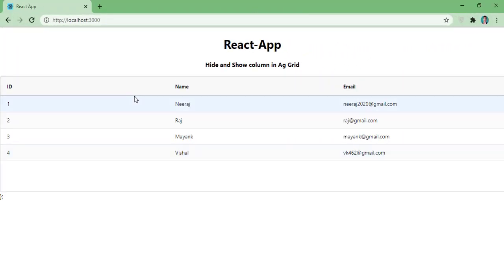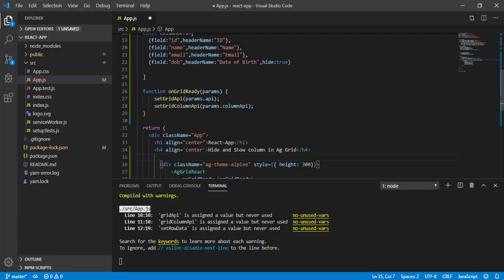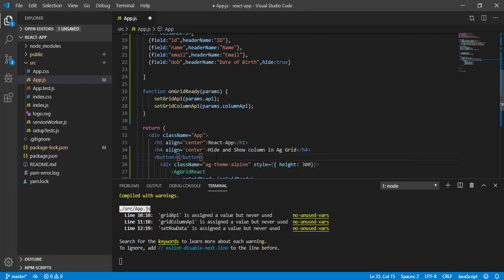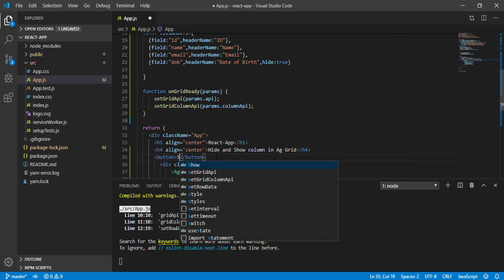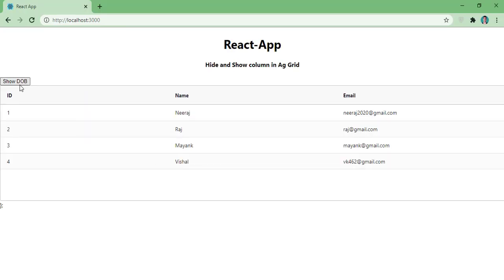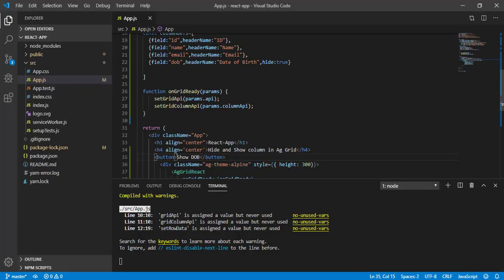For that, let's add a button here below this text. On the button, what I want to show is show date of birth. Now you can see I have a button here, DOB. On click nothing is happening, so now we have to handle the click event.